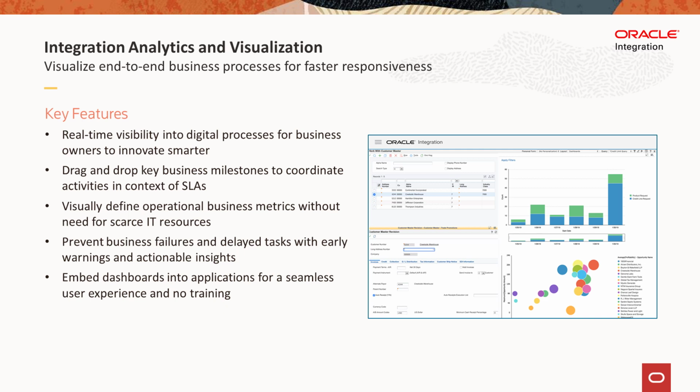So whether it's an integration or a process, we are going to be able to define those key milestones in a drag and drop manner, which gives us the ability to coordinate the activities around those milestones. And that, for example, will let us know where an order is, how many processes have been done so far, how many processes are remaining before it gets finished, and that will help us to derive SLAs, service level